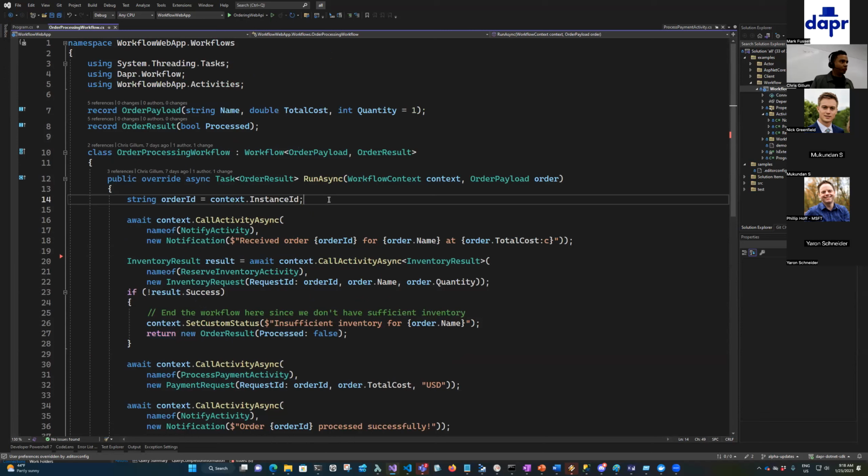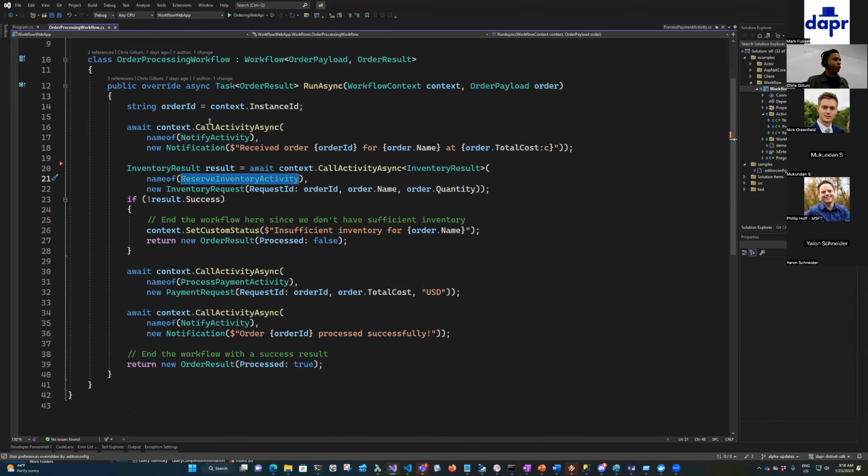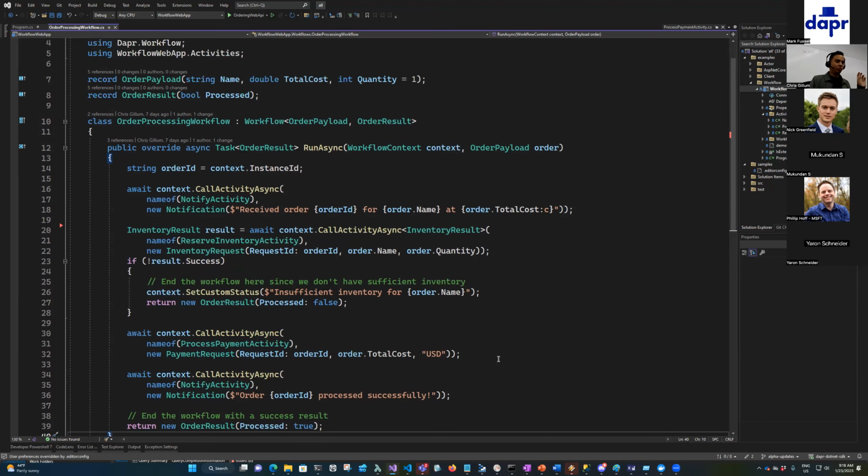There are some rules for how you write these. As I mentioned, we write most of the logic that does things like I/O and interacting with systems inside of activities, whereas the workflow method is just for orchestrating those activities. And this is important because of some details about how these workflows execute. In fact, well, I won't get into too many details in this call just for the sake of time, but something that you'll want to take a look at our documentation for if you're not familiar with these types of